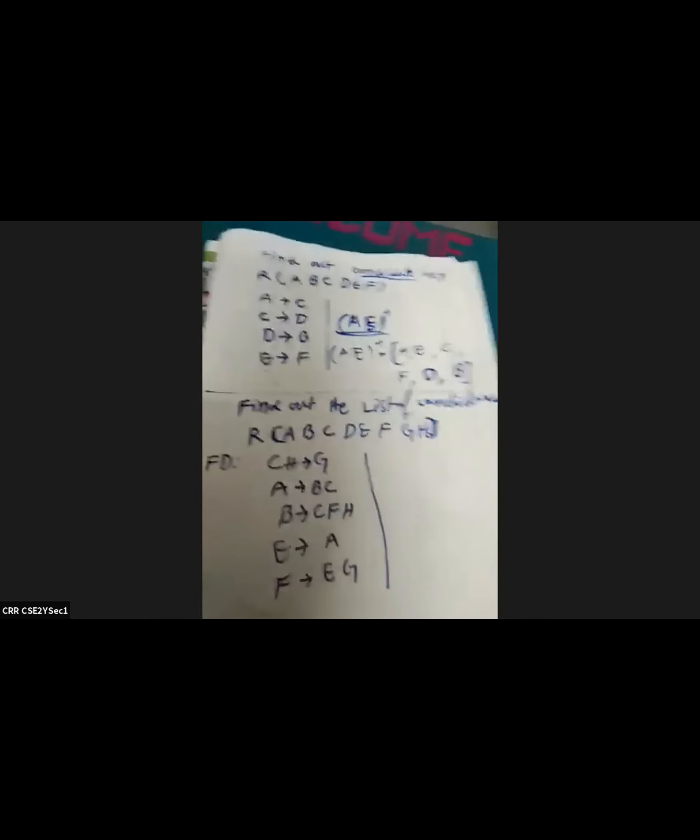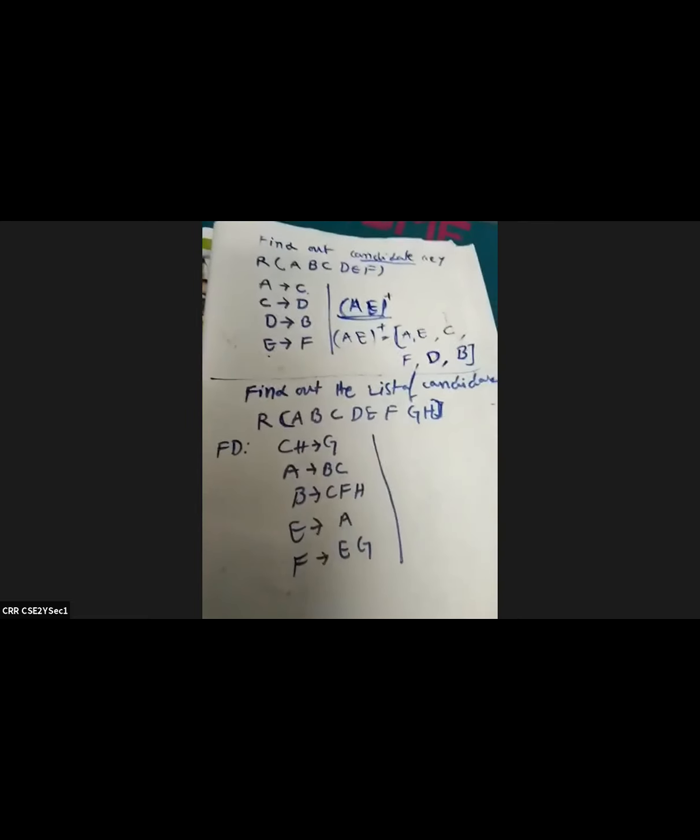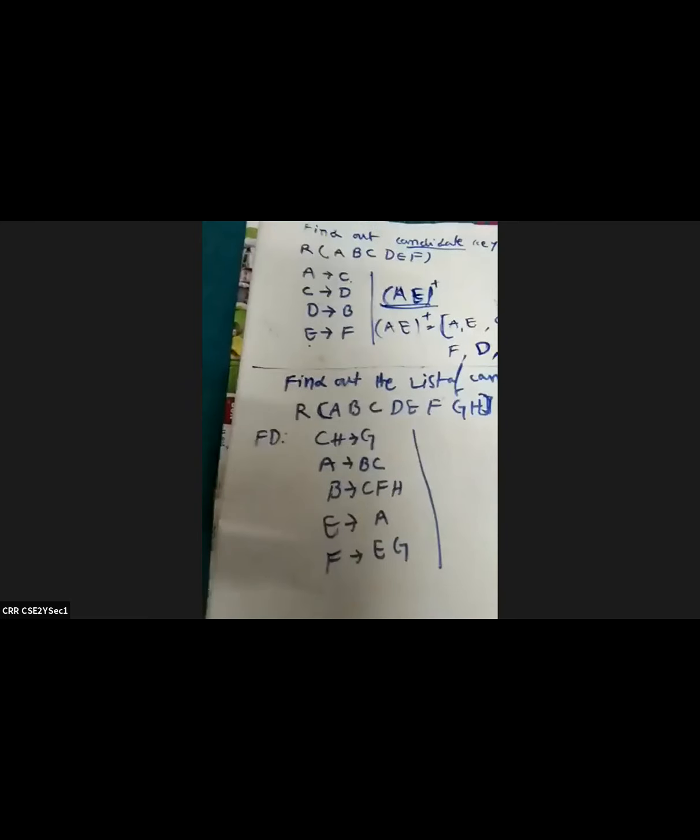In this class we already discussed what is first normal form, second normal form, third normal form, Boyce-Codd normal form, fourth normal form and fifth normal form. At the same time, we are discussing some examples on how to find out the candidate keys. So we try to do some more examples. If you practice these examples, then definitely you will get good marks from the exam point of view. At the same time, you are able to attempt many questions in competitive exams.